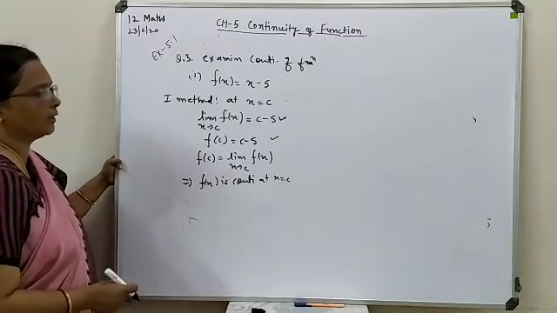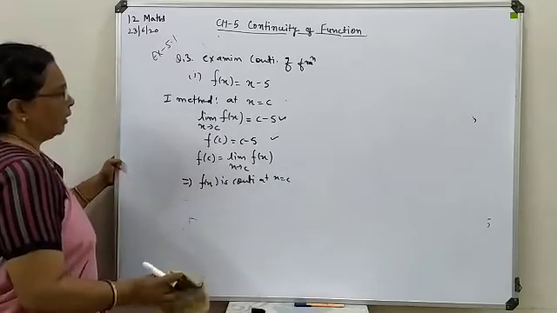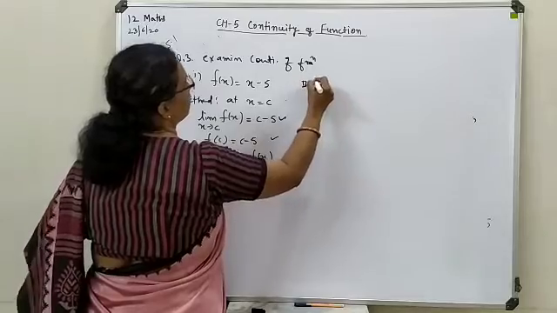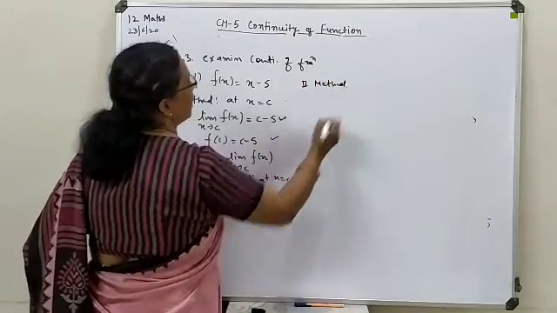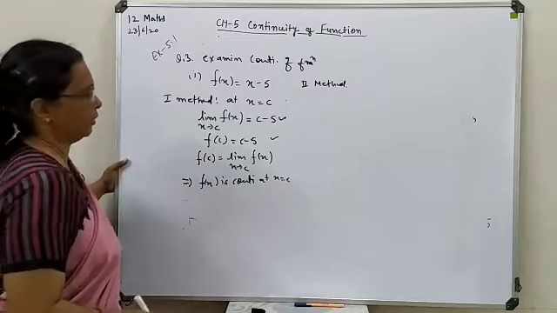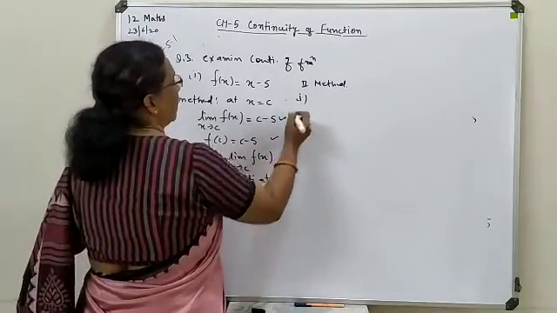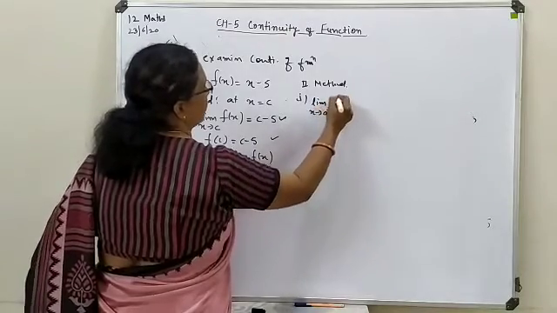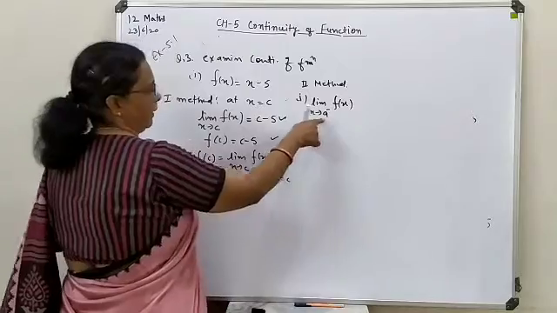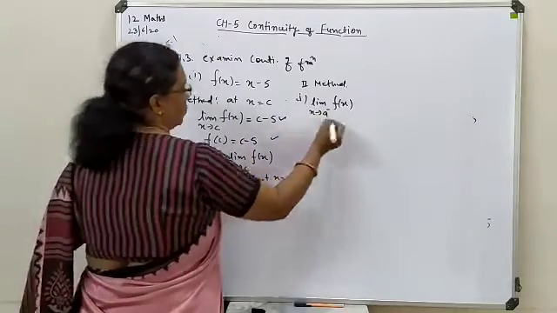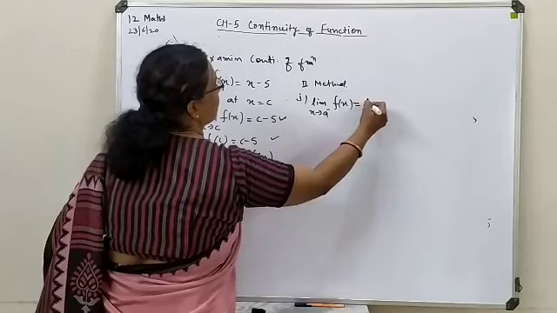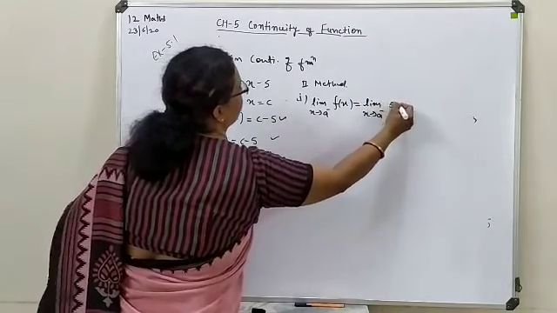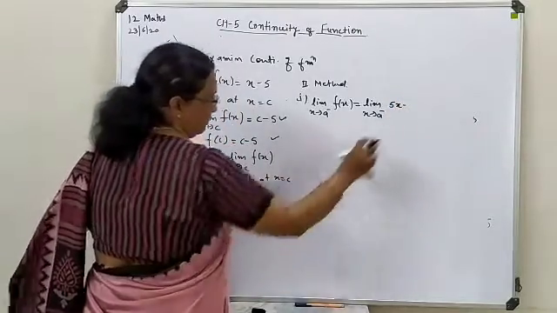Now one more method is there that you can also implement to get the continuity solution. The second method is the left limit, right limit solution. So first, we move towards the left limit at a, here you can also write c. That will be limit x tends to a minus, where you write the function f(x), x minus 5.